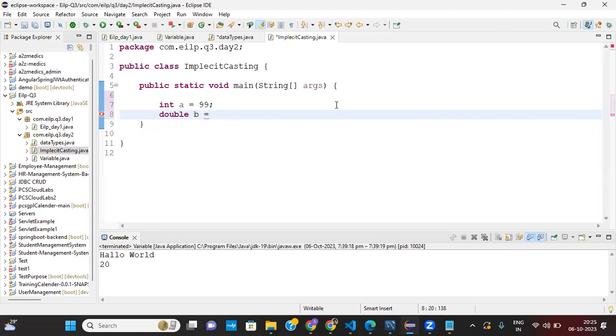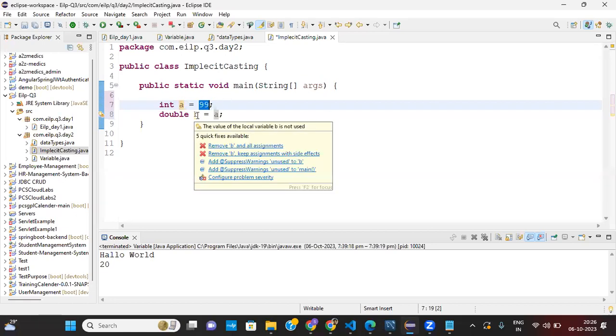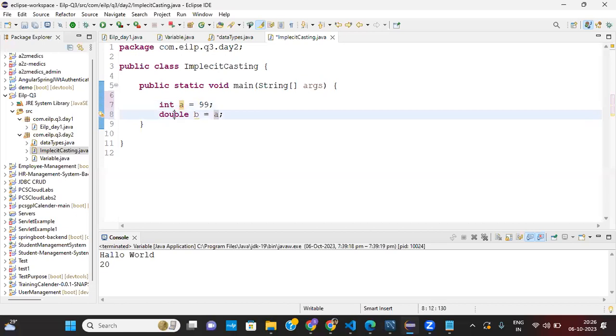and here what I need to do. As we know, I'm simply going to pass our a variable, that is an integer having some integer value. And now I'm passing that integer a to our b variable, which is of data type double.